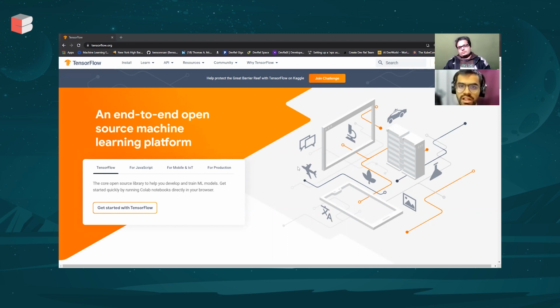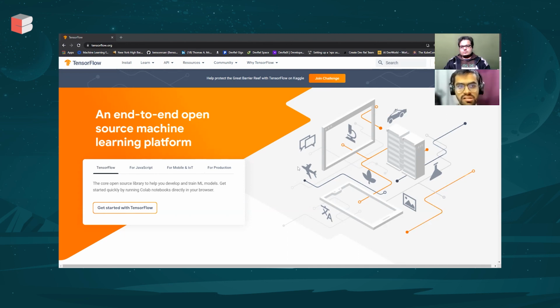But today, outside of the library itself, TensorFlow is a complete framework where we have a lot of different support for other languages, and various tools that have been built on top of TensorFlow. So we'll be discussing all of that, and how you can contribute to TensorFlow, if you're specifically looking for open source contributions in programs such as Google Summer of Code. So what are some of the different things that you can do?